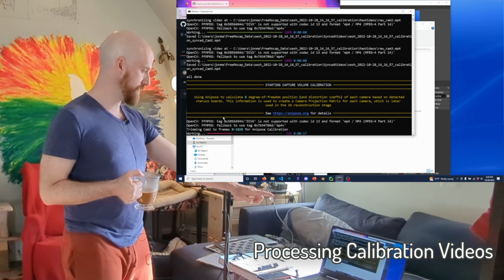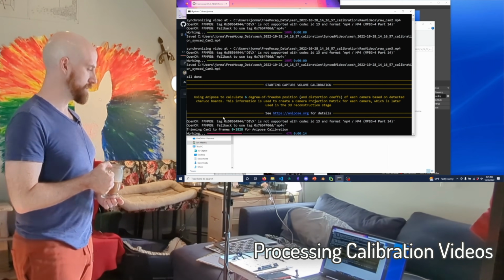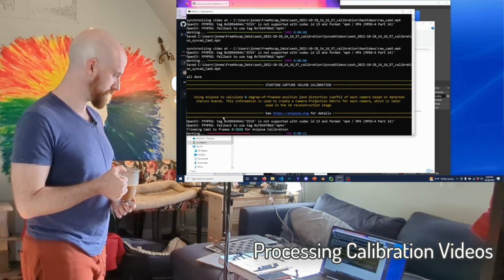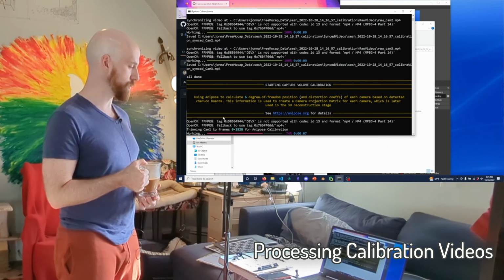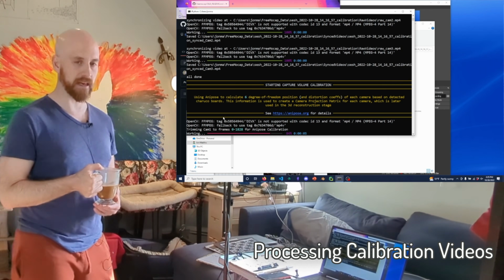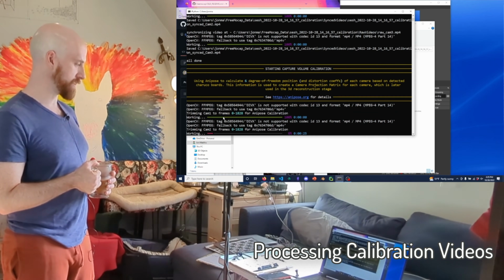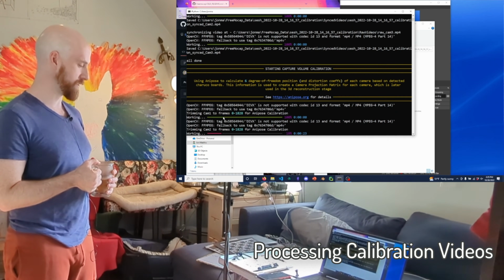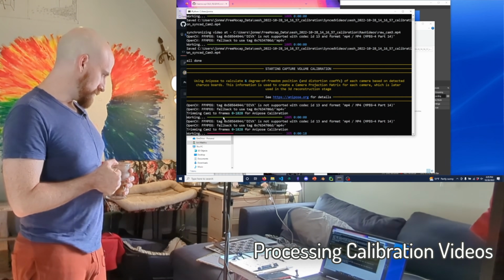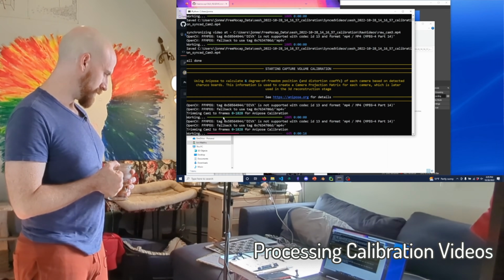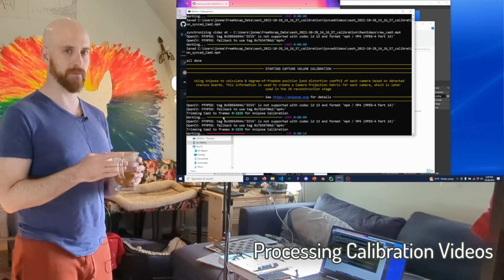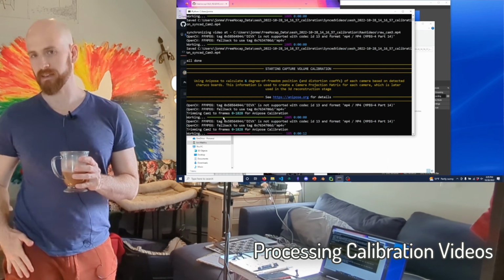And now we're in the capture volume calibration part. This will take a second. There's 1,800 frames, and it's just going to sort of churn through the process, the AnyPose calibration pipeline, and spit out a bunch of numbers. And I'll talk you through them as they're streaming through the screen. What is it doing now? Oh, this is actually an unnecessary step, but it's fine. It's part of the pre-alpha.